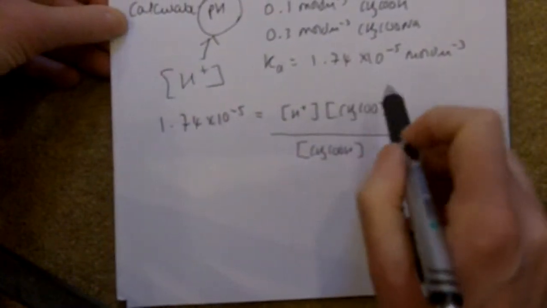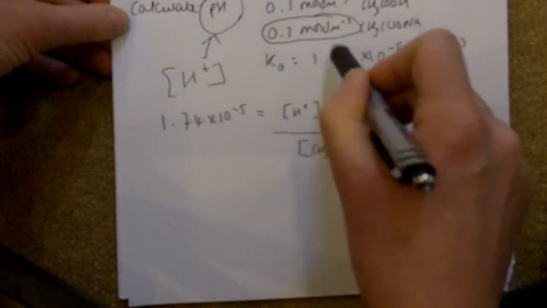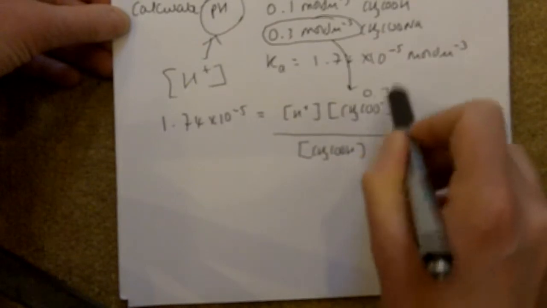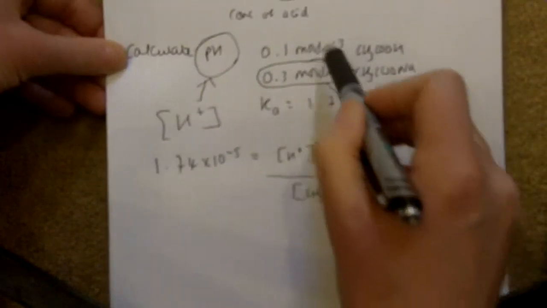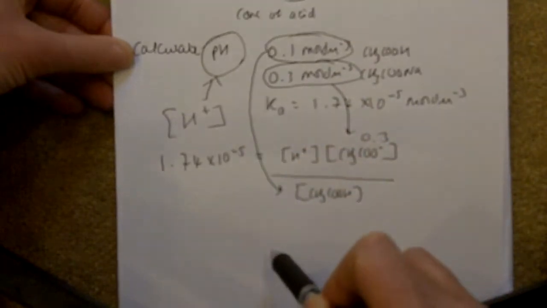Okay, so the salt, this is the salt, 0.3 will go there. This is the concentration of the acid, 0.1 will go there. Okay, so your